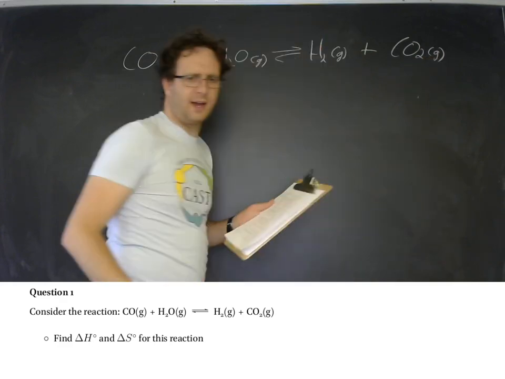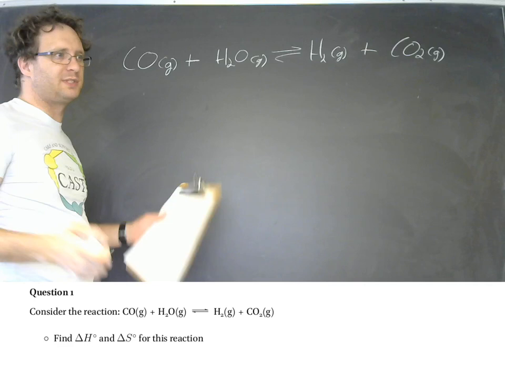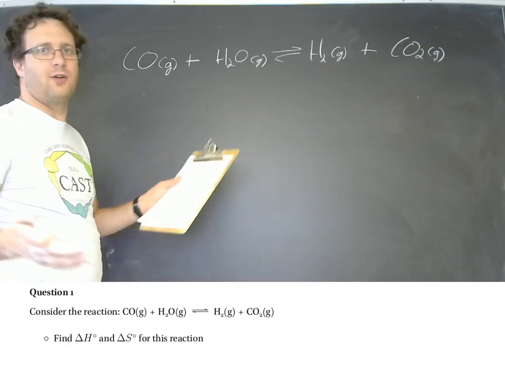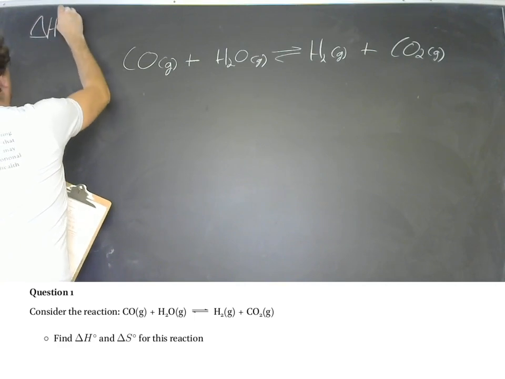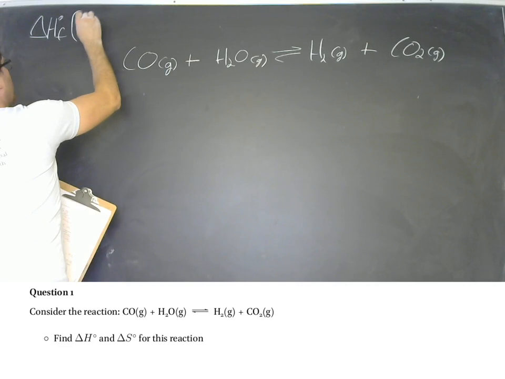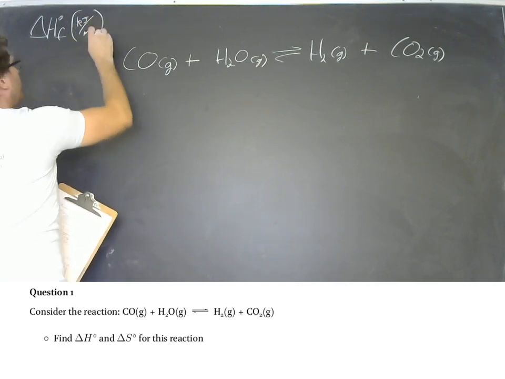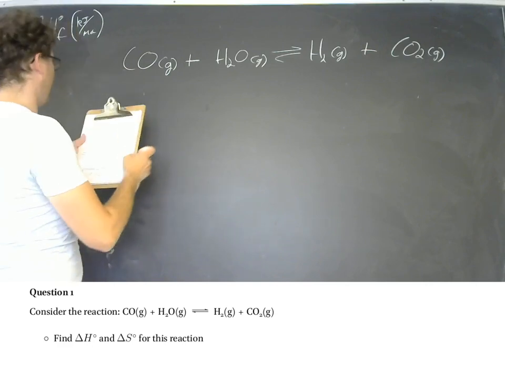To make these sorts of problems easy to organize all the data, I like to write the delta H naught of formations for everything on the top. That'll be in units of kilojoules per mole. And so I go through Appendix A2 and I find that I have negative